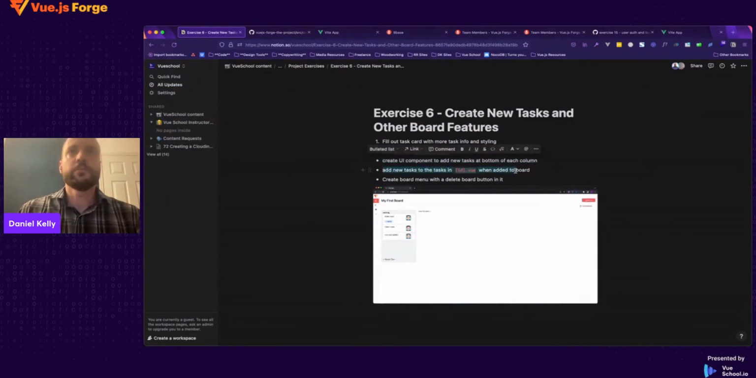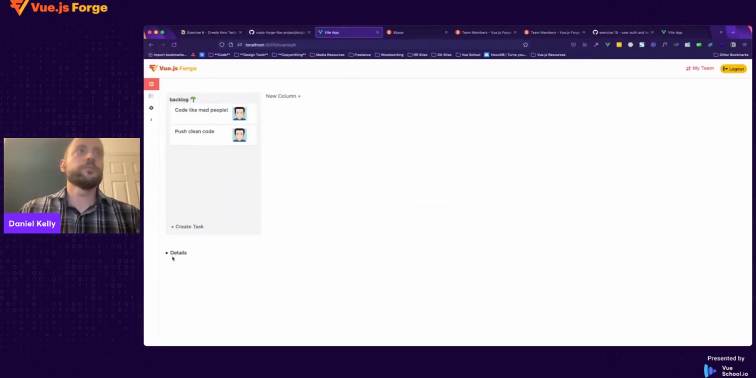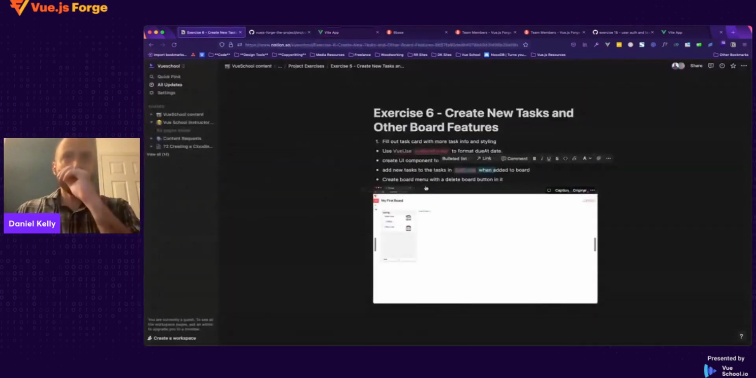The next thing we want to do here is add all the new tasks to that task variable inside of id.vue. So whenever a new task is created here, let's make it actually go up here into the card. Okay. So the way I want to do that,